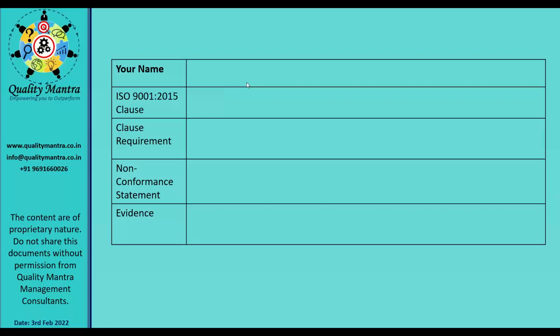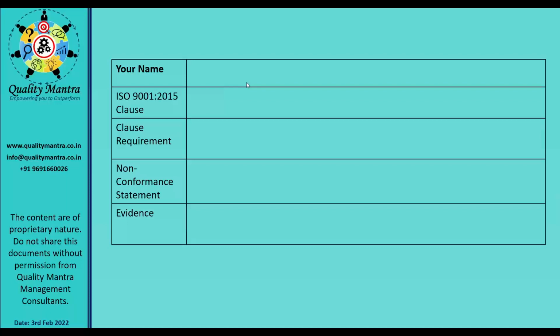This is your statement. आपके स्टेटमेंट में कहीं पे भी सुपरवाइजर का नाम, प्रोडक्ट का नाम वो नहीं आना चाहिए. नॉन कन्फॉर्मेंस स्टेटमेंट इज जस्ट related to your requirement, either related to what has been written in your organization procedure or as given in the standard. उसके just opposite होना चाहिए कि ये complete नहीं किया गया है. You will not write even manager's name. You will not write QC manager, QC supervisor, nothing. You just need to say कि planned arrangements have not been completed. क्योंकि ये requirement था कि होना चाहिए before the dispatch, but हमने नहीं किया था. That's why